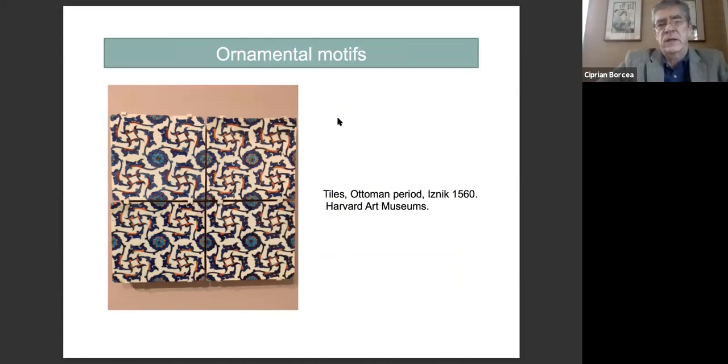If we look at this illustration from tiling produced in the 16th century, these are actually ethnic tiles, we recognize here the pattern of the framework with the squares, but also